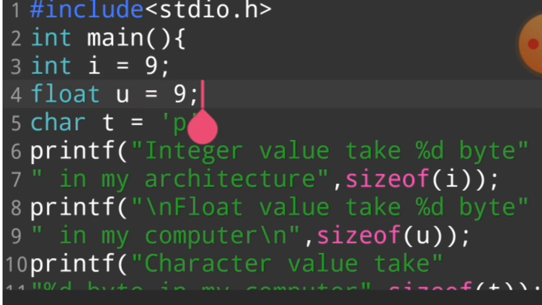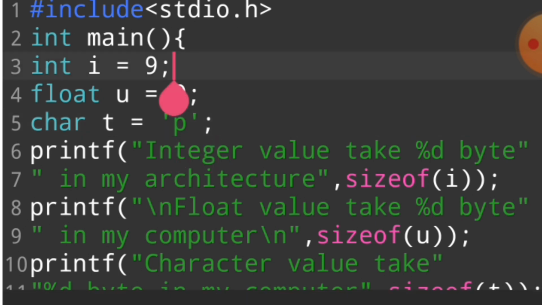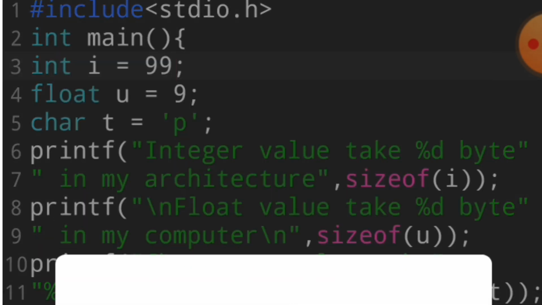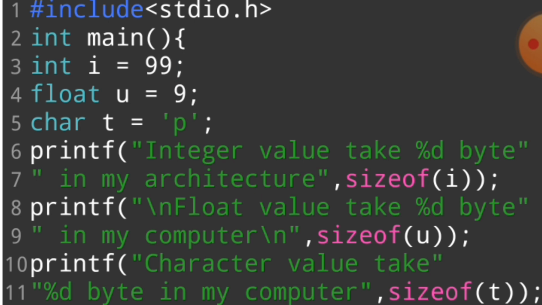You take an integer value from the user, a float value from the user, and a character value from the user, and you print how many bytes in your memory these variables contain. If I write integer i 99, 99 also takes 4 bytes, float value also takes 4 bytes, but character value takes only 1 byte in my architecture.